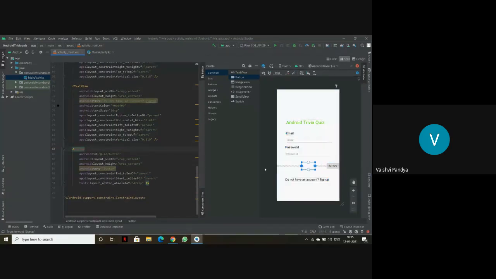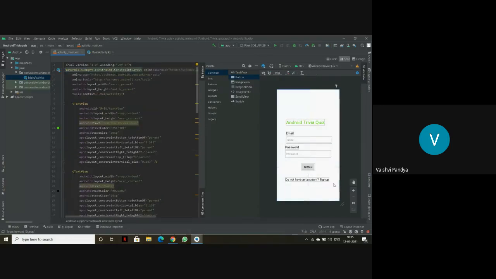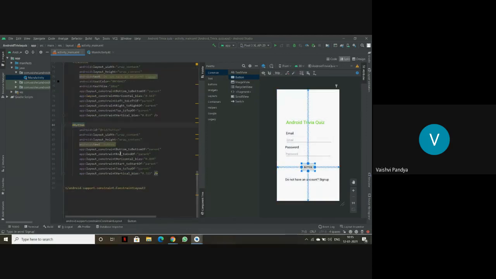First, I showed you how to constrain with the attribute section, then other ways, like you can just drag all the corners and all the sides of the page. Now it is constrained. Now in the button, I want to change button to login. So instead of button, let's write here login.